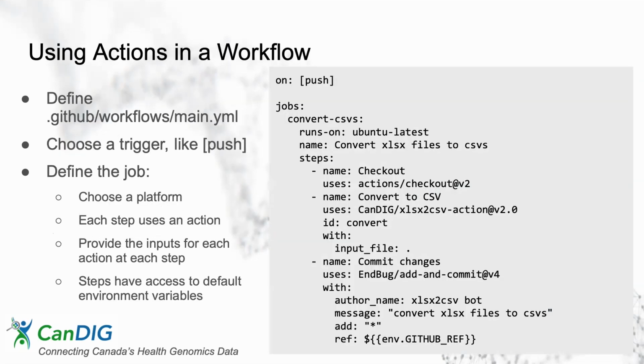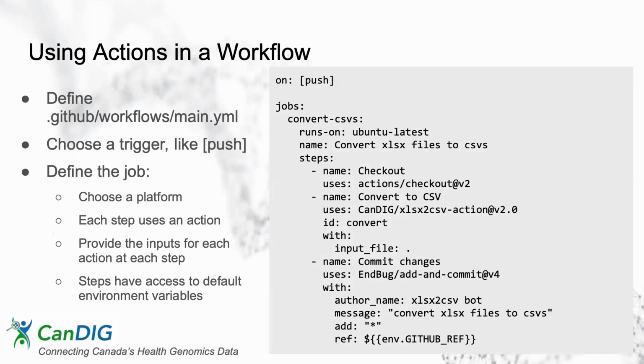And so it looks something like this. The workflow YAML basically has a job that executes on a particular trigger, like a push to the repository. This job converts CSVs. Basically, you tell it what kind of platform you would like to run your Docker containers on, and then you say